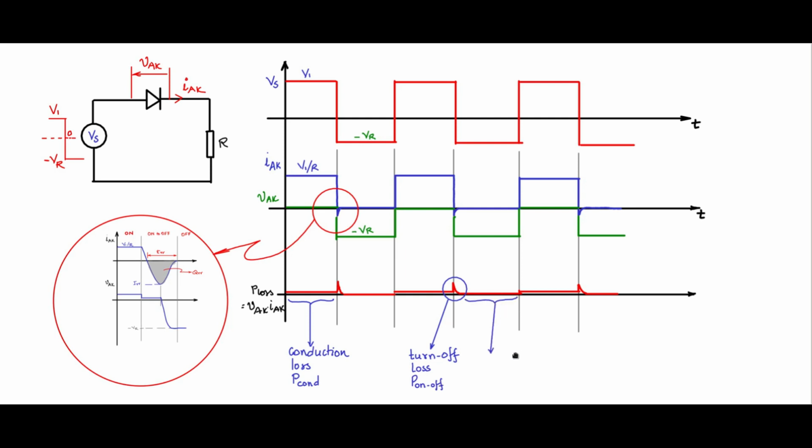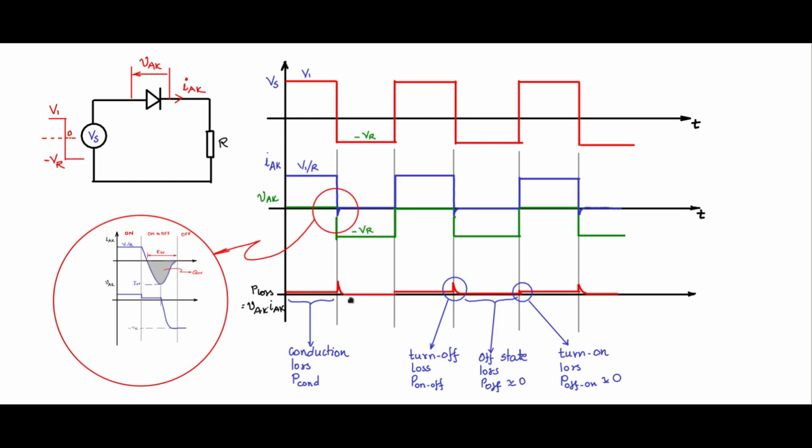This portion, as is evident, is the off state loss. We call that one P off, and this is approximately equal to 0, not serious. And this is the turn on loss, to turn on the diode from the off state to the on state. So off to on is also approximately equal to 0, not very serious. So these are the 4 losses that will come into the picture in any switch: the on state loss, the off state loss, the turn off loss, and the turn on loss.